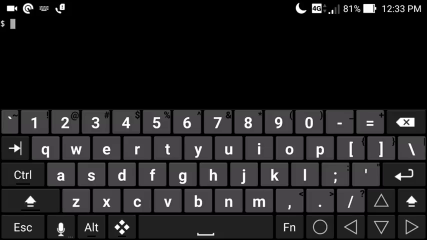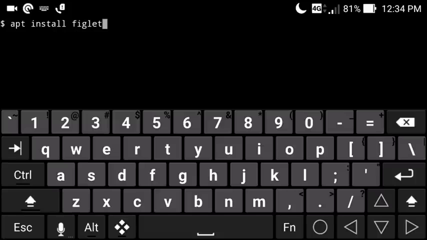The fourth command is very useful to show any particular text on your screen in a different manner. For example, if you want to show a text like Swapnil on your screen, that text will be shown in a different manner by using this command. First of all, I need to install a package. Just type here apt install figlet. Figlet is a package which will help you to display any text on your screen in a different manner.